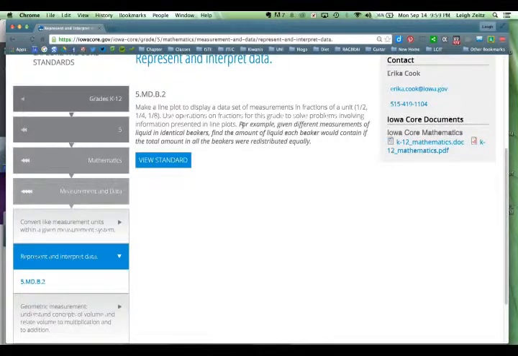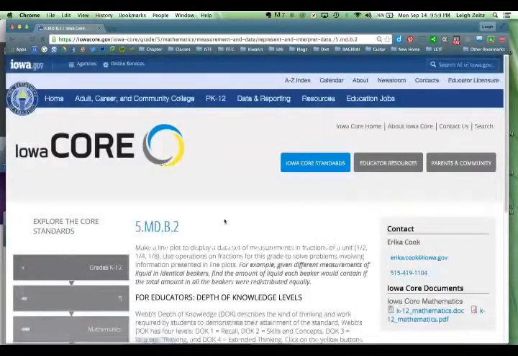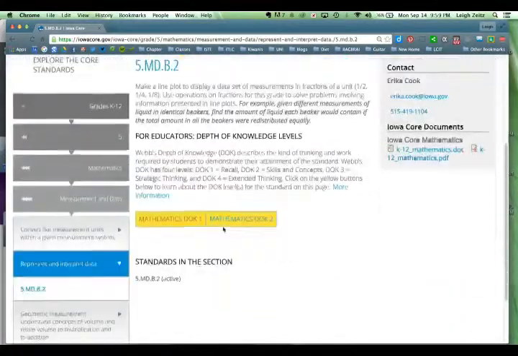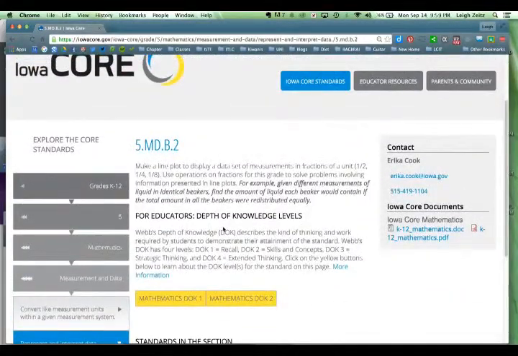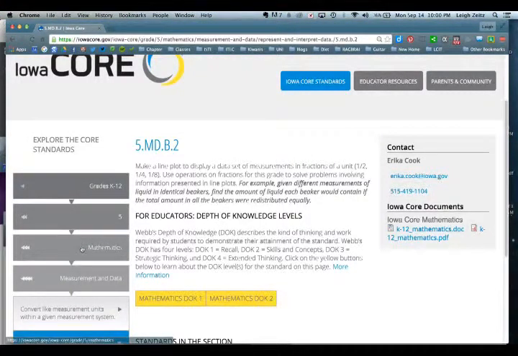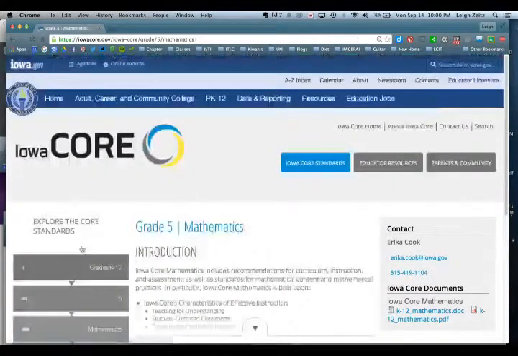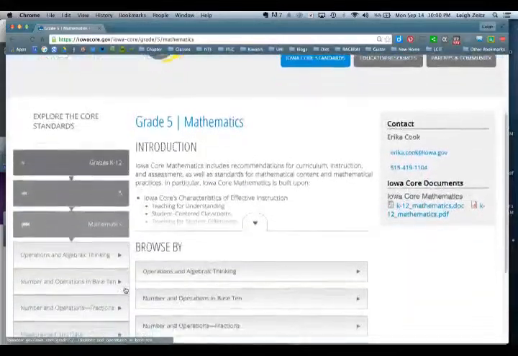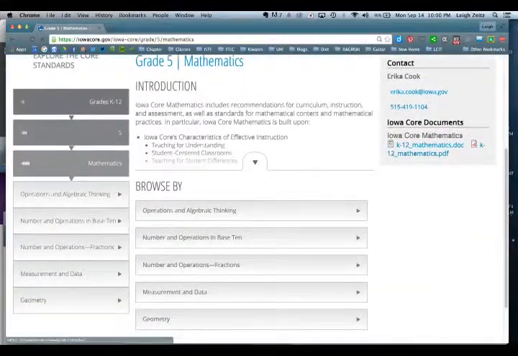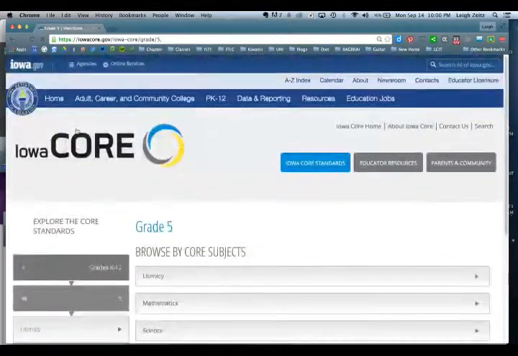So this would be really cool if we did an experiment and we could create an actual graph or a line plot of the results that we had from that experiment. So this would be one of the standards that we'd look at for the work that we're doing. So that was mathematics. Now let's go over and take a look at science. So okay, we're going to be doing a scientific thing, and we're going to capture all the data in that special line graph. What I want to do is go to 5th grade, and I want to